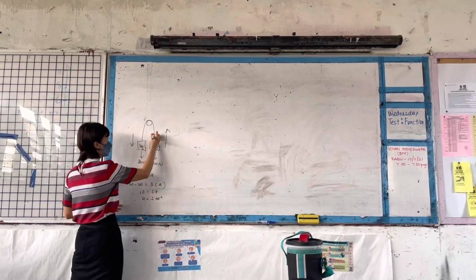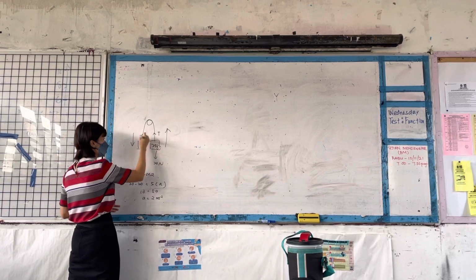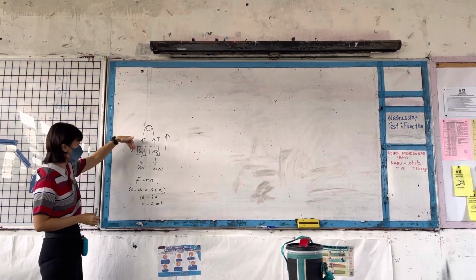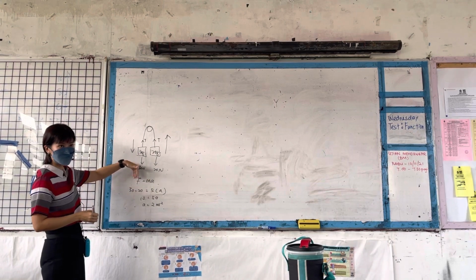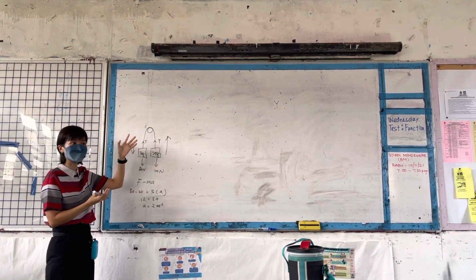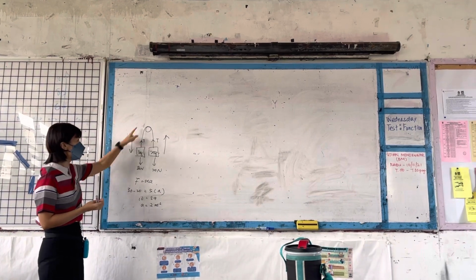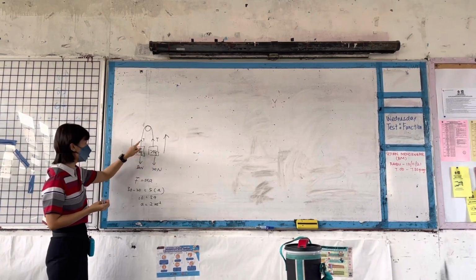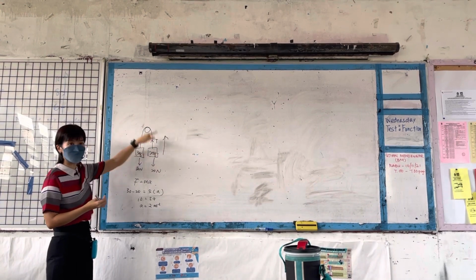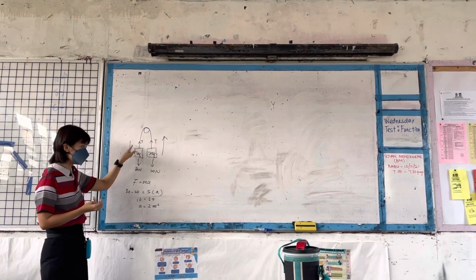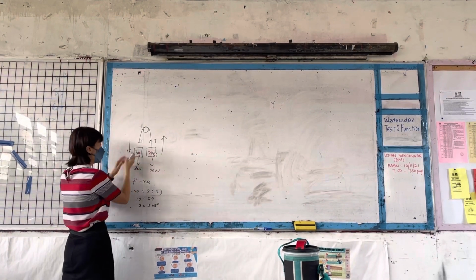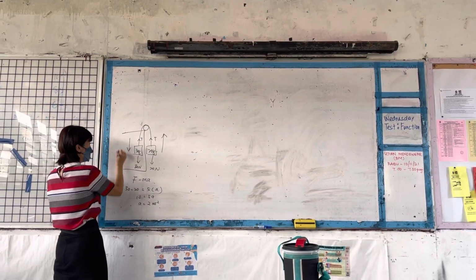Now when we want to know the string tension, see, why is this string tension pointing upward? Because you have a force acting downward, you have a string tension going in the opposite direction, Newton's third law of motion. Okay? So we cannot consider the two blocks together because you have two T here, it will cancel out each other. Same string, it will cancel out each other. So I have to consider one side. Okay, either this side or this side.